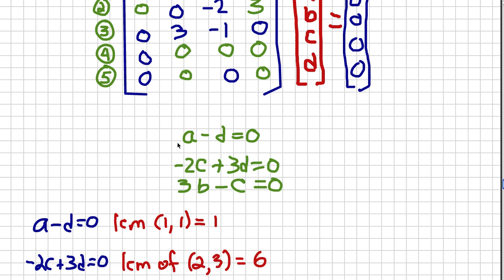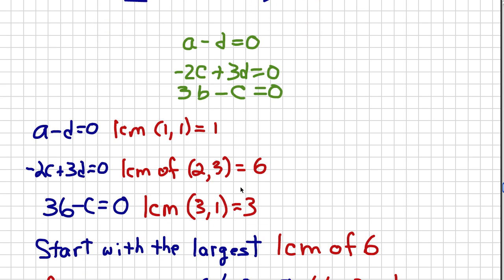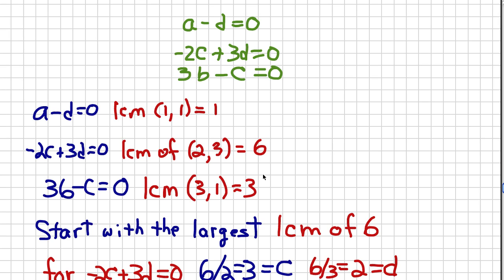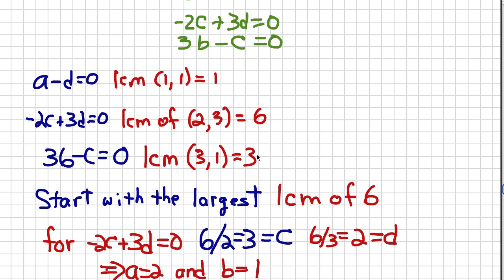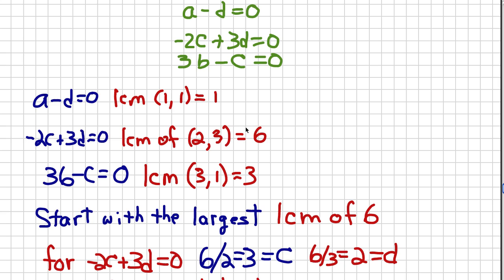Then I look for the least common multiple for the coefficients on the variables for each equation. I take the largest least common multiple and I solve for the unknown variables in that equation using it. And I do it by taking the least common multiple and dividing by 2